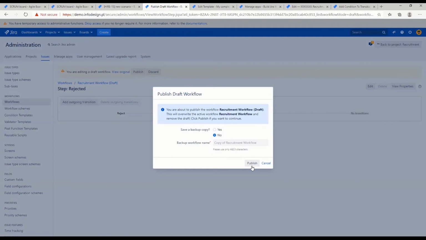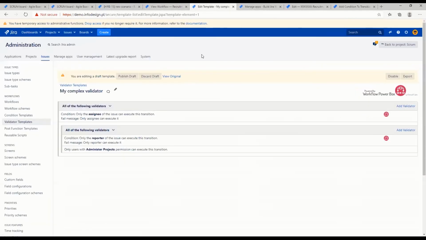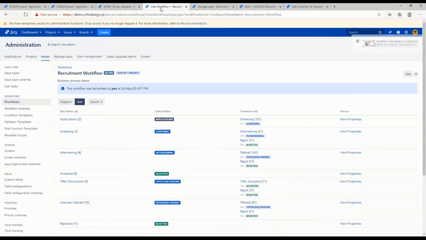Publish. Click no. And check the comment button. And comment is gone. I can still link because I'm in Jira administrator group, and it's restricted to Jira administrators only. So it's very useful if you would like to customize your workflows in steps. Another kind of customization in the workflow is